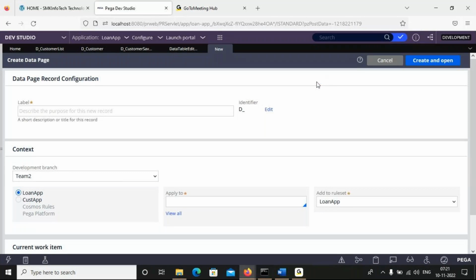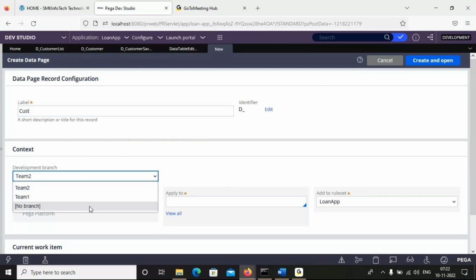Okay, under data model, I'm creating a customer class, just giving cust and no branch rule set.